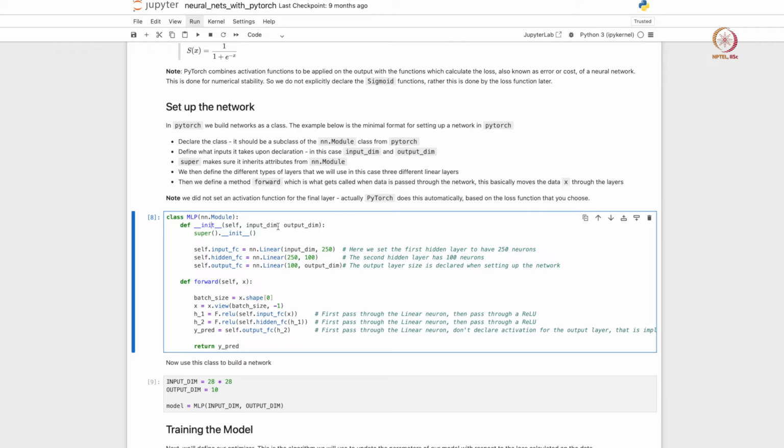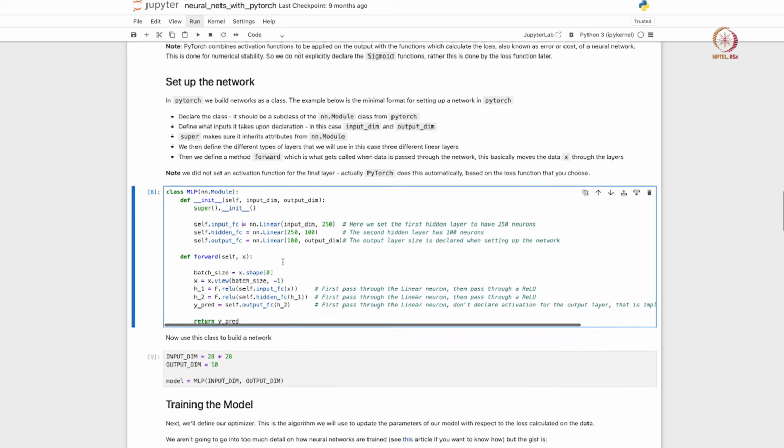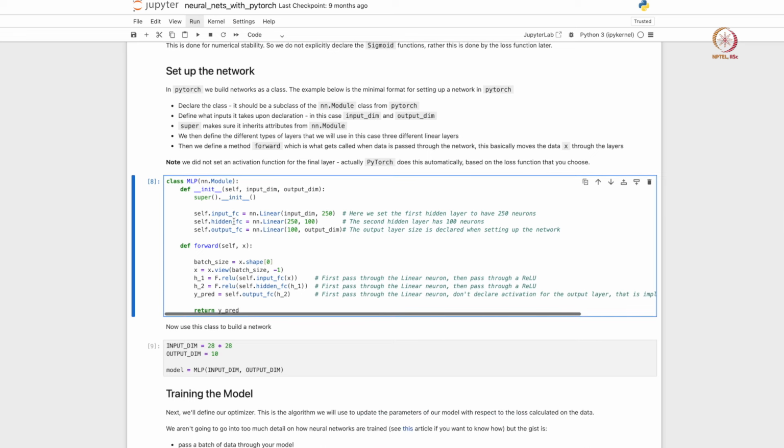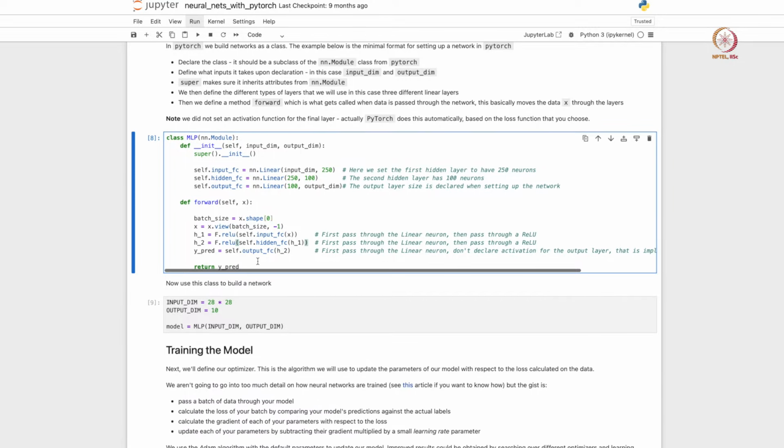So in the case of the Fashion MNIST dataset, your input dimensions are going to be 784, your output dimensions are going to be 10, right. And then we declare our first hidden layer which has about 250 neurons, our second hidden layer has about 100 neurons, and the final output layer which has 10 neurons, right. And then we also declare the activation functions here which are ReLU functions.